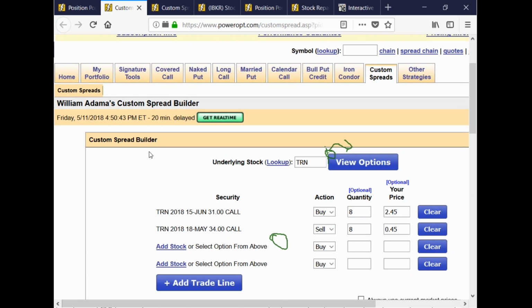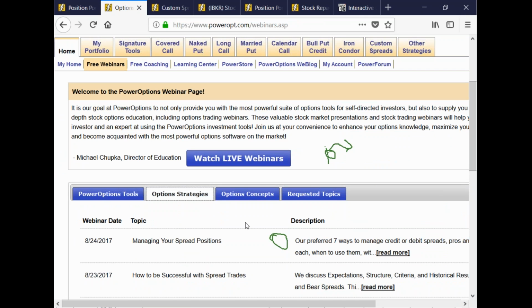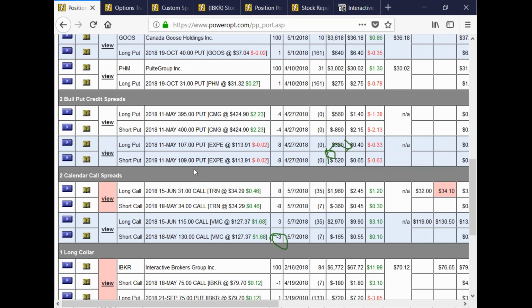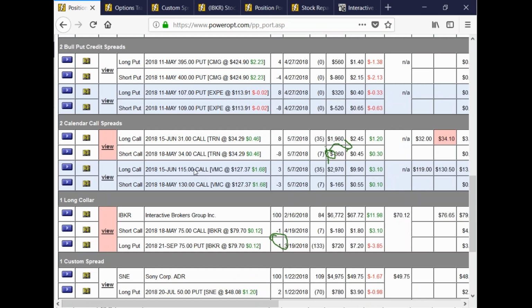Okay. Same as I did before. I'm just going to go here real quick, talk about the option strategies. Remember, there's that full webinar on managing your spread trades. And what's also discussed in this, not just the 7 to 8 ways we may look to manage a spread, but also the trigger points you'd want to use. Okay? If something happens to a bull put or a bear call,